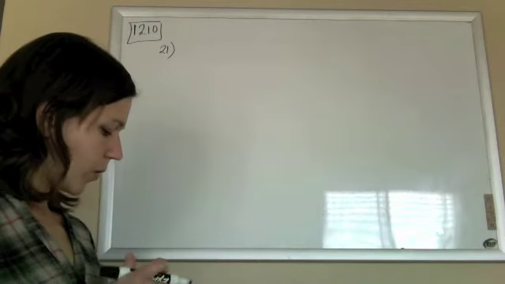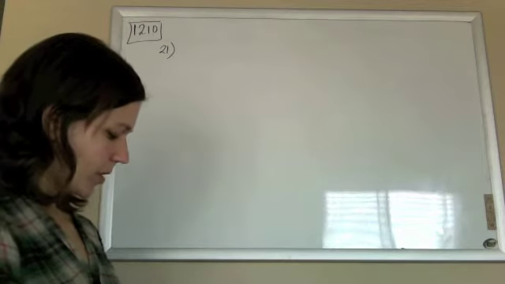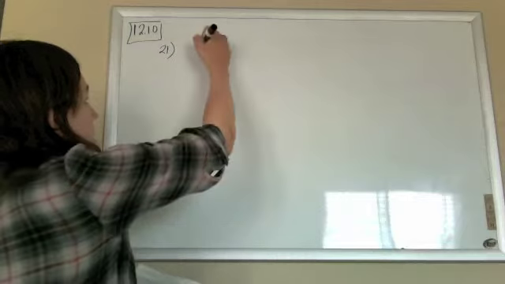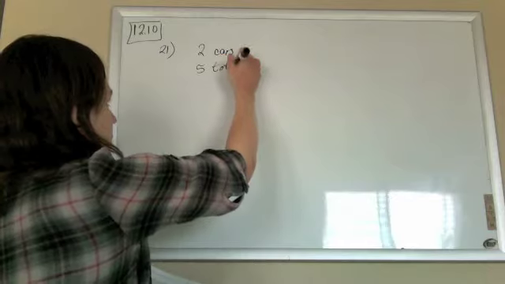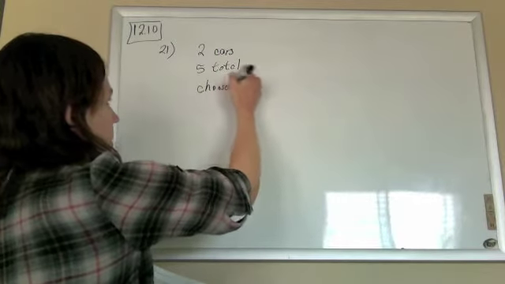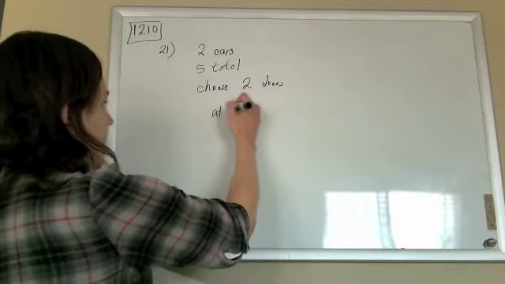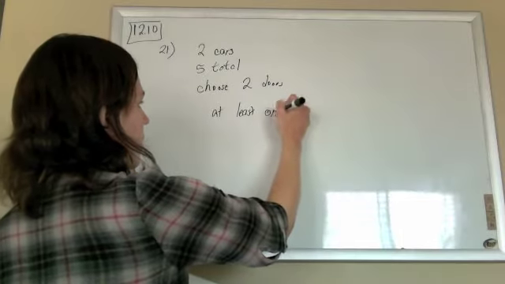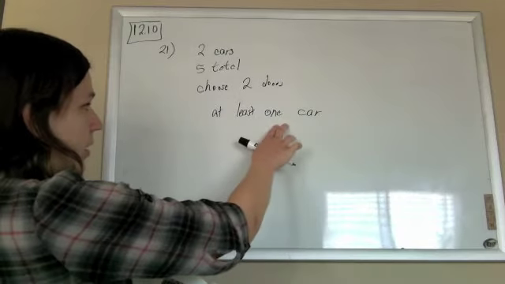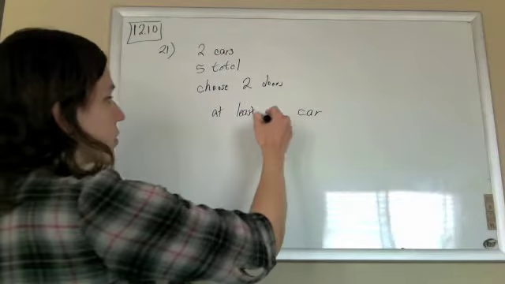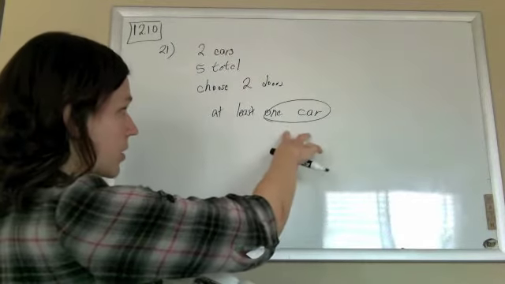Okay, so for number 21, they have 5 doors, and 2 of them have cars, and there are 5 total, and we're choosing 2 doors. And we want to choose at least 1 car. So when you see the at least 1, you're thinking not none. So what we're going to do is find the probability of getting 1 car